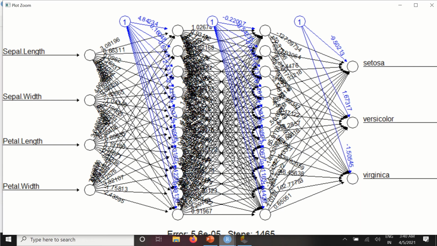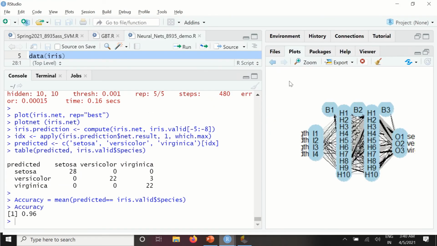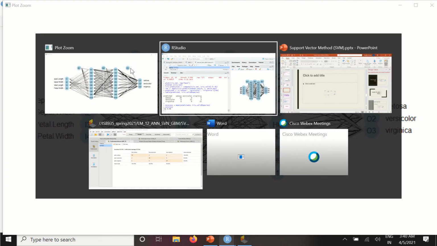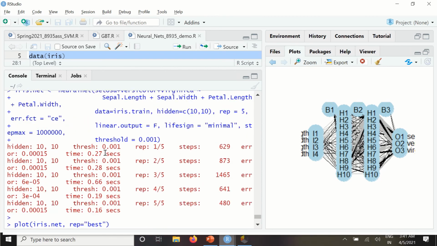So we have one more network diagram that has been created, which will be a little nicer to see, which does not have those real numbers in it. So this is another one without any of those relative weights and the real numbers associated to it. Let's come back to the console and see the time taken and the number of repetitions.